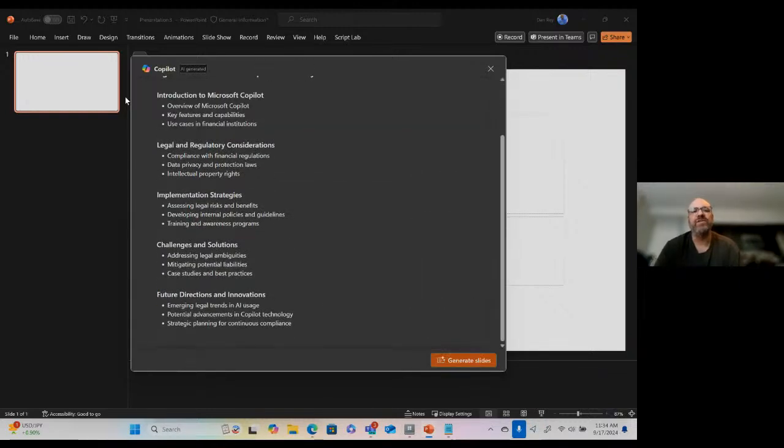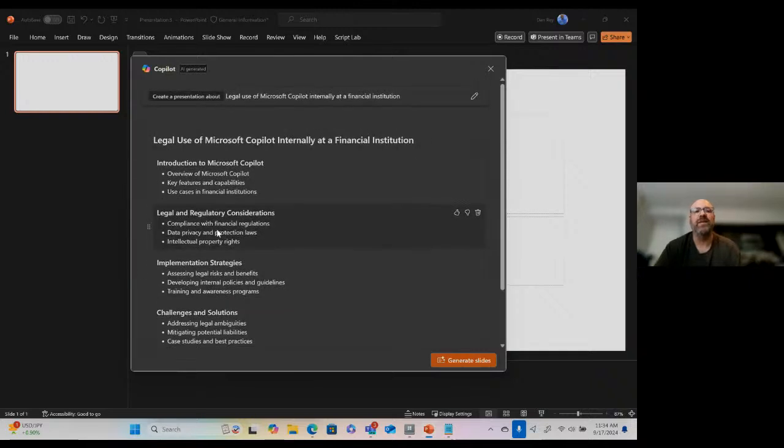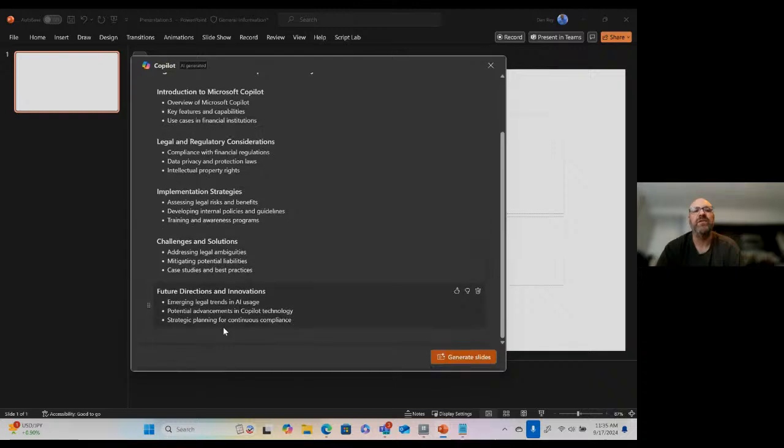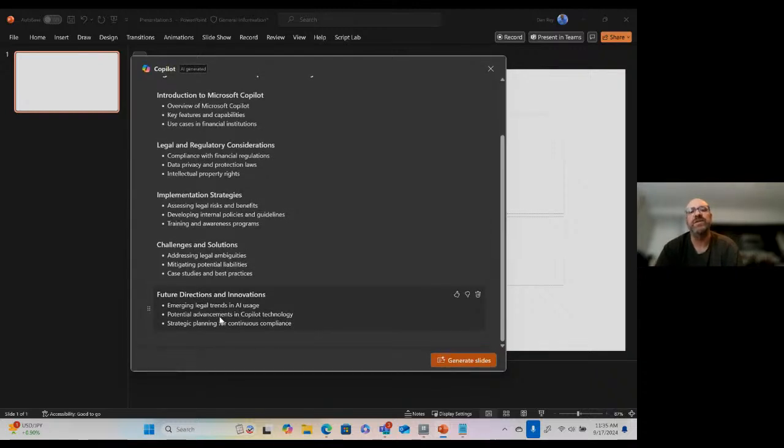And again, instead of just coming up with, here's the slides I decided to create in the order I decided to create them in, I can see we have an introduction to Microsoft Copilot, grounding in just what is Microsoft Copilot, and then legal and regulatory considerations, implementation strategies, challenges and solutions, and future directions and innovations.